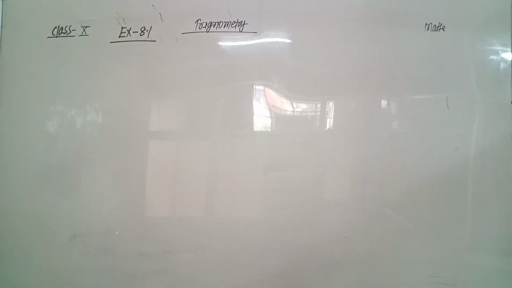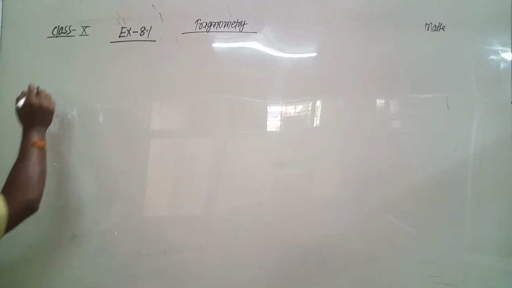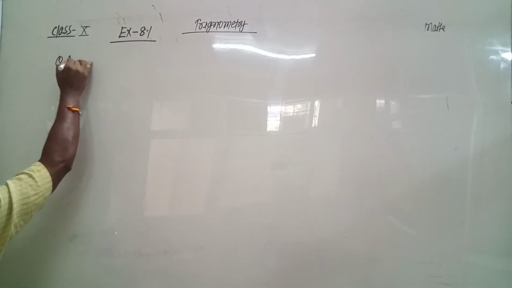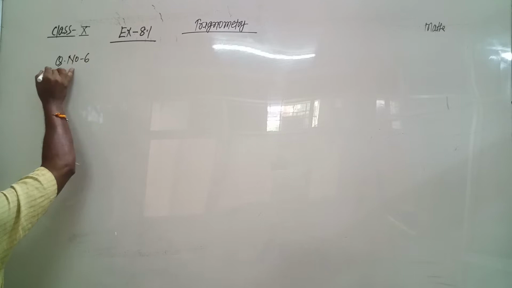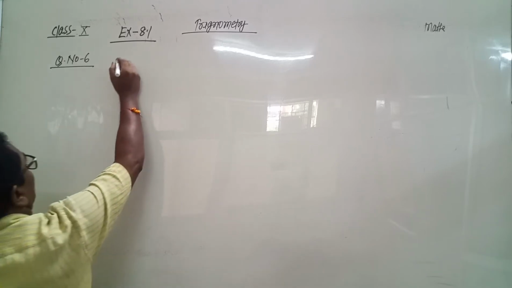Question number 6. This is the important question. Question number 6. One of the important questions of this exercise: if angle A and angle B are acute angles,